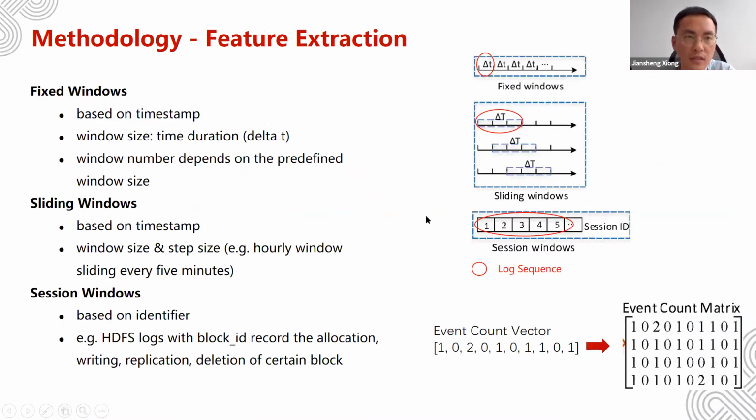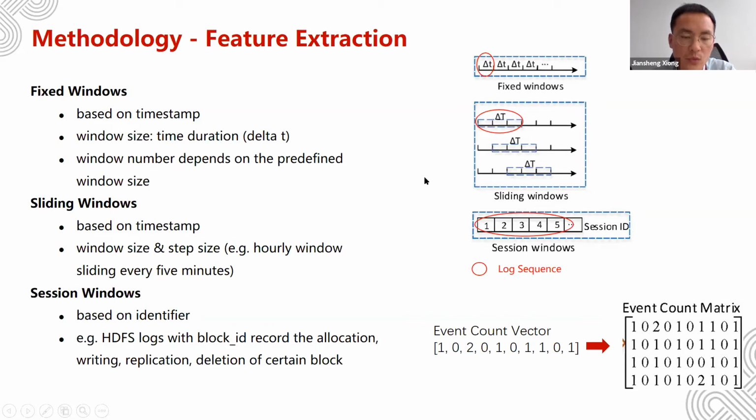Okay, then let's go to feature extraction. I will show you some methods here. The main purpose of feature extraction is to extract valuable features from log events that could be fed into anomaly detection methods. The input of feature extraction is log events generated in the log parsing step, and the output is an event count matrix, just like this. In order to extract features, we firstly need to separate log data into various groups, where each group represents a log sequence.